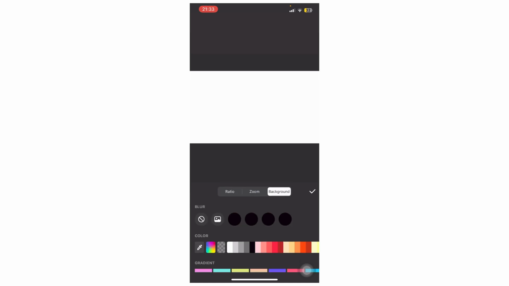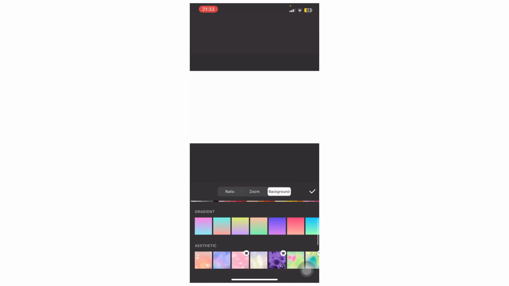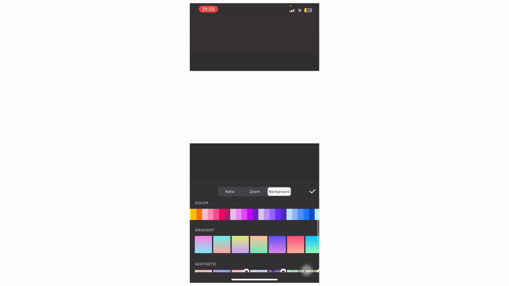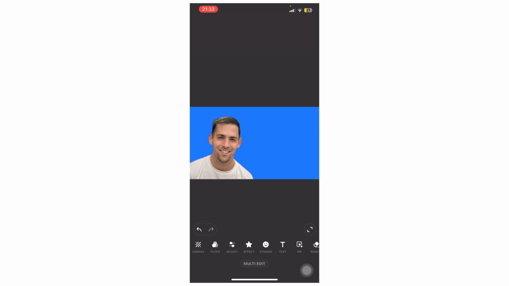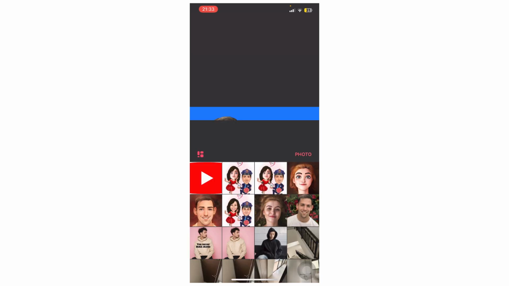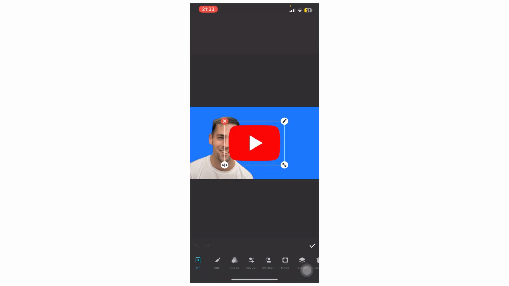So go to canvas, and then go to background, and then choose the color of the background. For example, you want a shade of blue, just like this. And then when you're done, tap on the checkmark icon, and then afterwards you can add more elements into it. Tap on PIP, and then tap on the YouTube icon so that this YouTube icon gets shown for the thumbnail, just like this. And then let's say we want to resize it and then put it, for example, here,